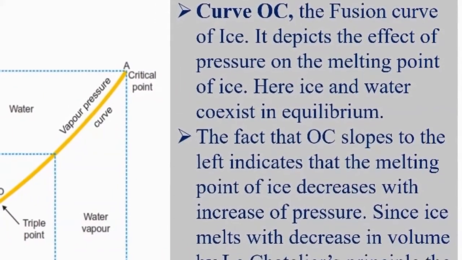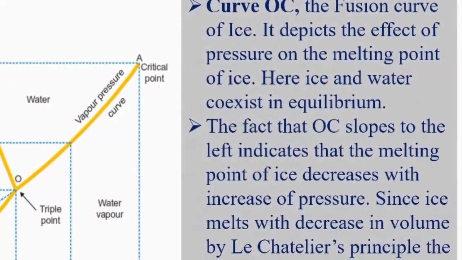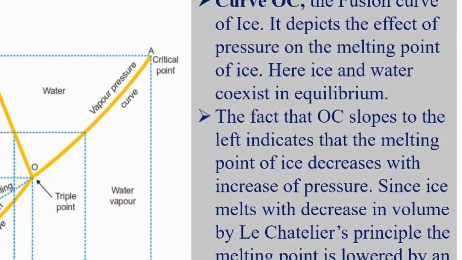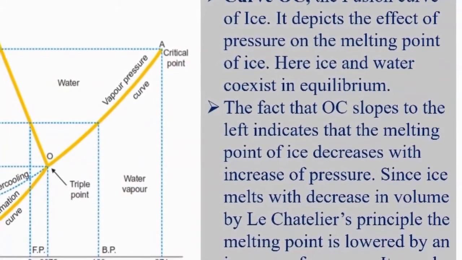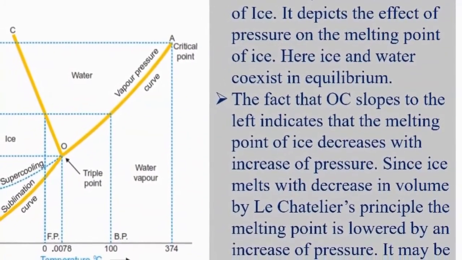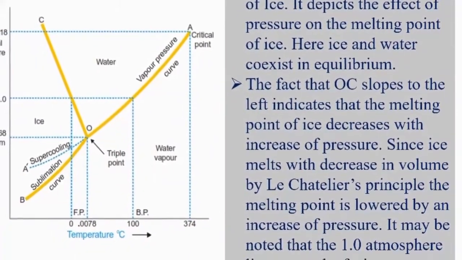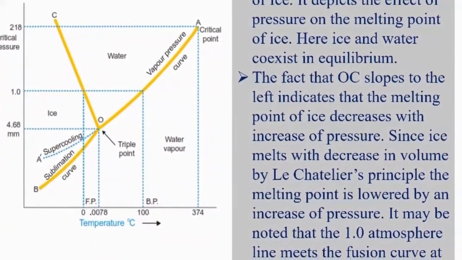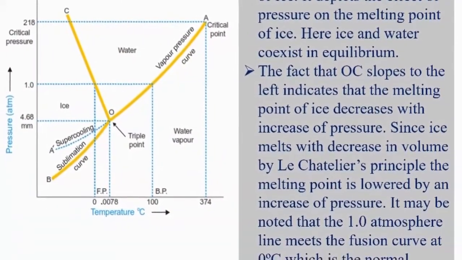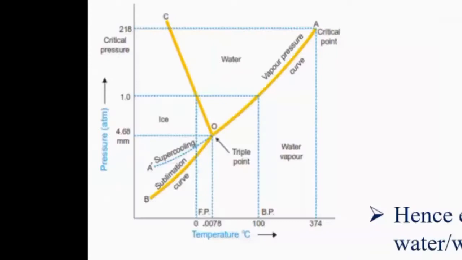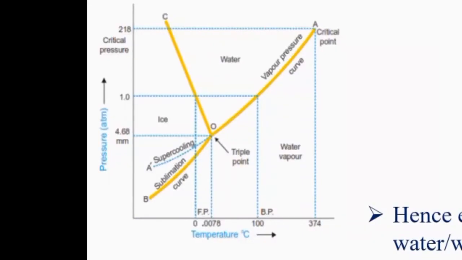As far as the vaporization curve is concerned, there are 2 points, that is the critical point and the boiling point. As far as the melting point is concerned, you have to talk about the freezing curve or the melting curve. But there is only 1 point, that is at what temperature and pressure the water freezes or melts. And the third is curve OB, the sublimation curve of the ice. It shows the sublimation. It is the process of camphor actually, but it is even possible in case of water